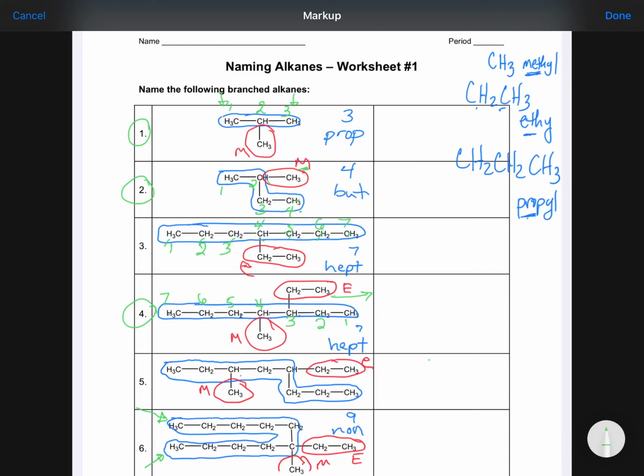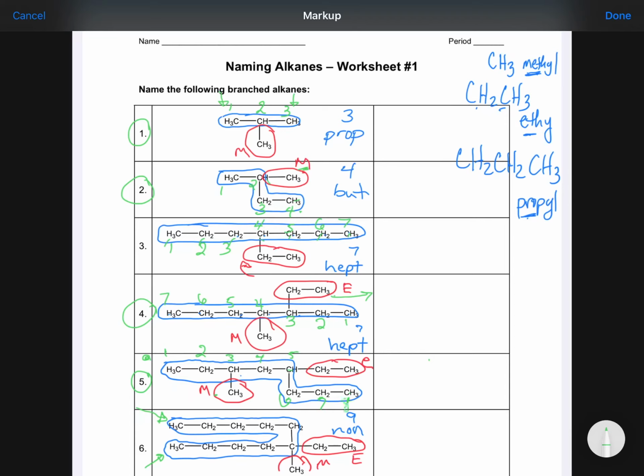All right, on this one, my methyl group on number 5, a methyl group would be on the third carbon. If we were to start counting from the other direction, I have 1, 2, 3. This ethyl group would be on the number 4 carbon. So this one is closer to this side right here. So 1, 2, 3, 4, 5, 6, 7,